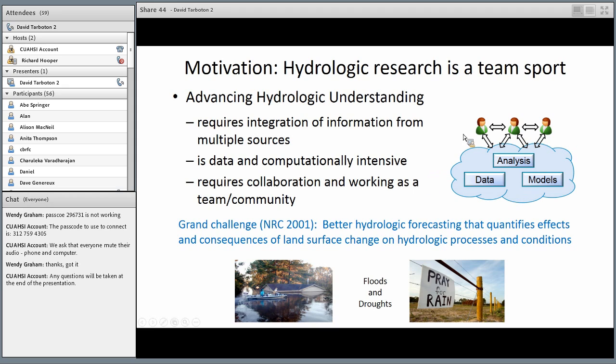And we're going to be doing this through collaboration and teamwork with data, analysis, and models. Collectively, we think of data and models in HydroShare as resources. And this little picture here is depicting that there's people working together and using resources in the computational cloud. So we're trying to think of work in cyber infrastructure where it doesn't necessarily matter where the server is that